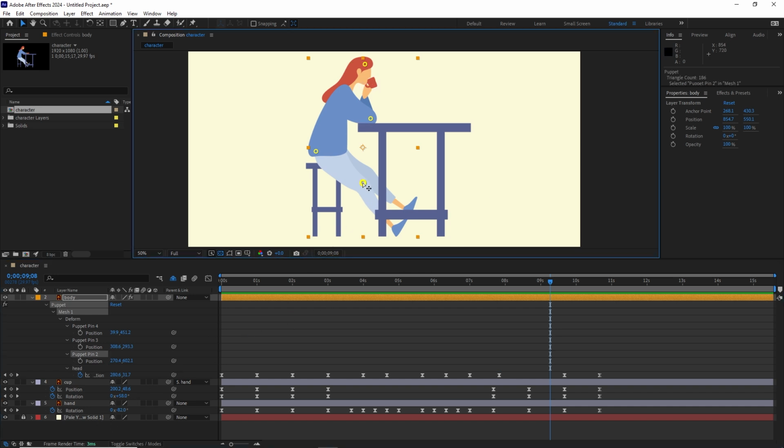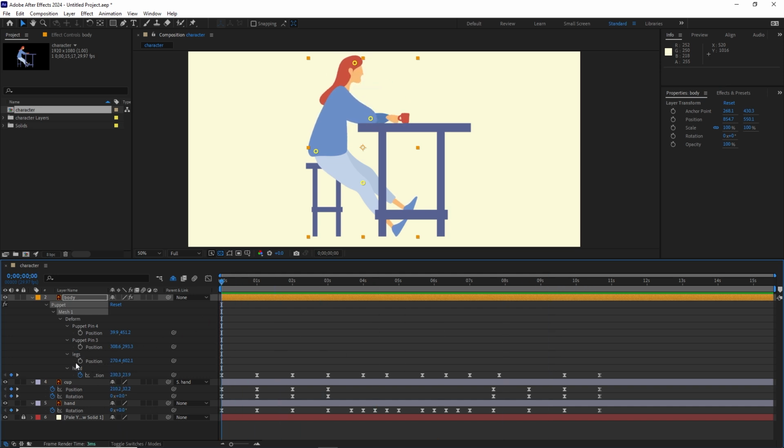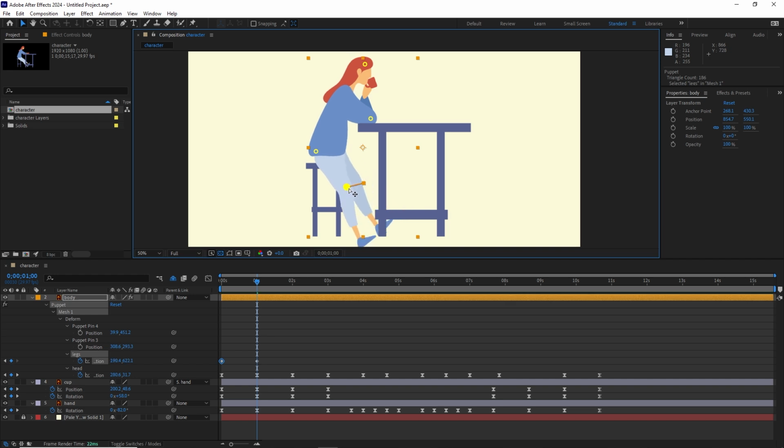So I'm going to click on this puppet. It is in my case a puppet pin tool. So I'm going to press Enter, and I'm going to call this legs. I will go to the beginning, and I'm going to create a keyframe for the position. And I will move 10, 20, 30 frames, and I may position this maybe in here, and I will go 10, 20, 30,